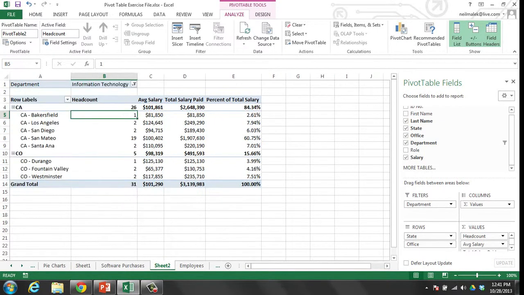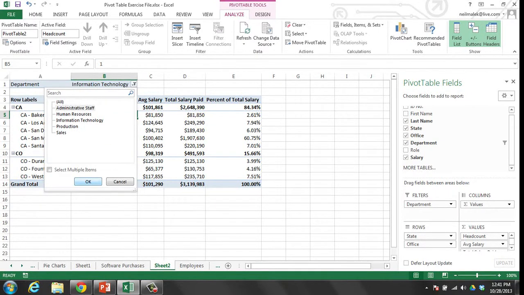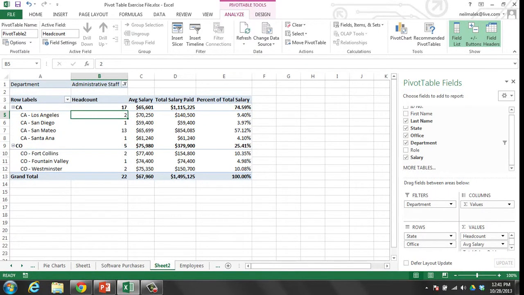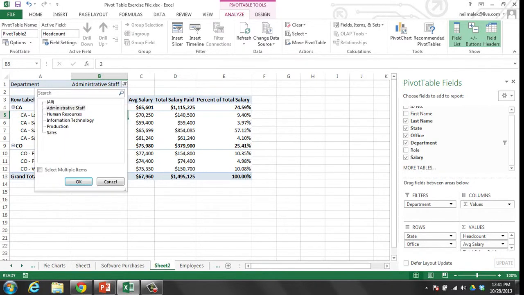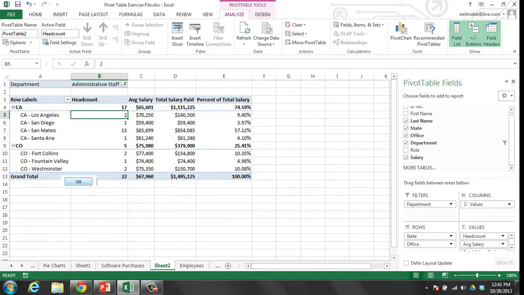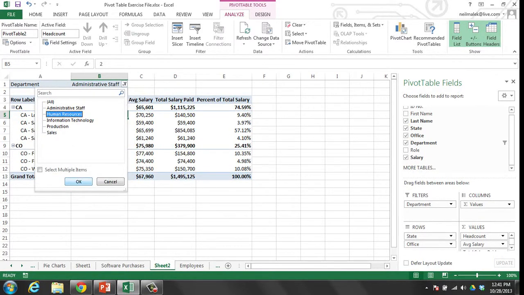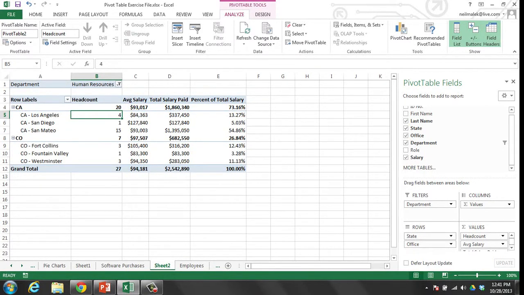And you can see the subset of data for those employees who work in IT for each of the different regions. And again, drop-down menu, admin staff, click OK. And I can see the count of admin staff in each of these different offices. I can see the average salary and the total salary for each of the admin staff. Human resources. And so by using the filters area, I have this ability to create subsets of data in my pivot table,